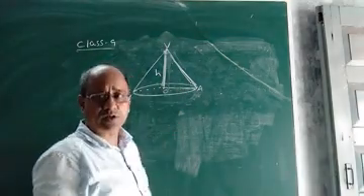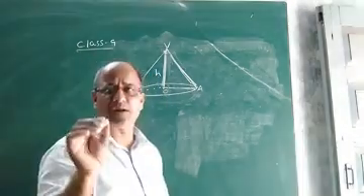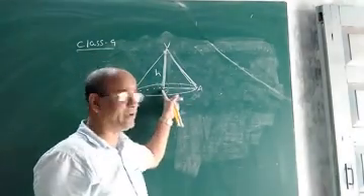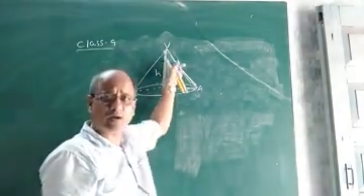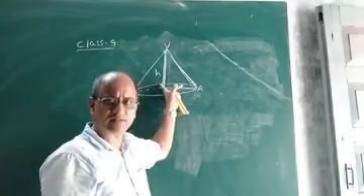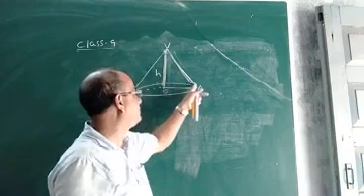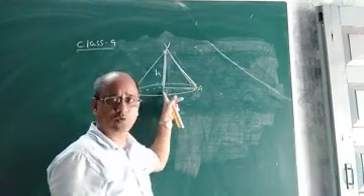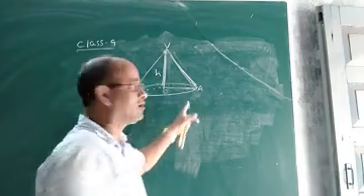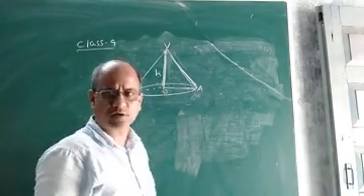Thus we came to know how a cone is generated. If someone asks you how a cone is generated, what will be your reply? A cone is generated when one of the sides of a right triangle is revolved about another line or another side. So, if we revolve VA about the side VO, we will get a solid like this, and the name of this solid is a cone. What is the name of the cone? VBA. VBA is the name of the cone.